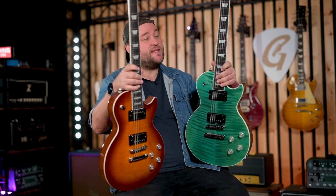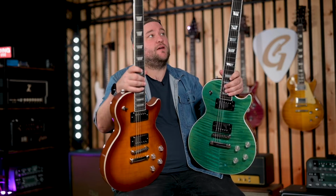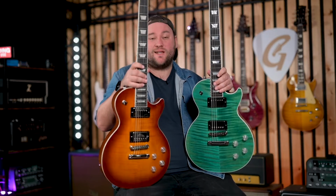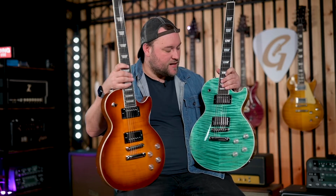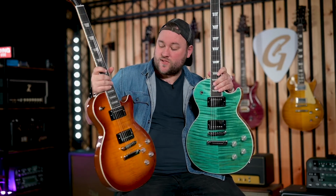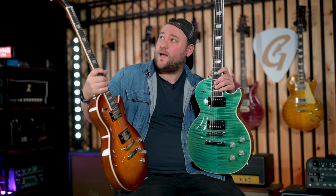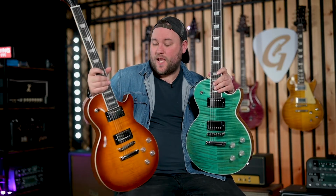So on paper, these are two very, very similar guitars, with the main differences being, again on paper, the neck shapes are described slightly differently. The Gibson has a solid maple cap, whereas the Epiphone has a solid maple cap with a maple veneer on top. The Gibson has Burstbucker Pro Plus pickups, and the Epiphone has Epiphone ProBucker